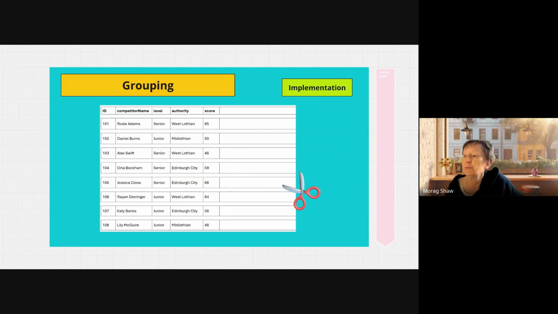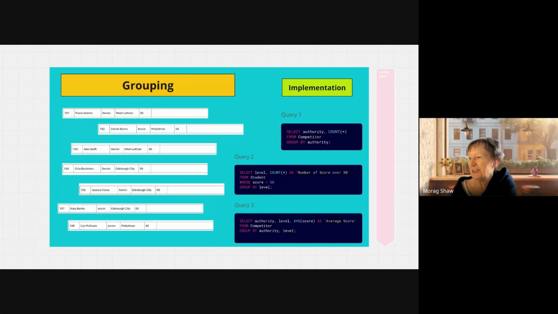I can understand where that confusion comes from. So a really worthwhile activity is to give each student their own individual set, and it can just be paper, of the 8 records from this competitor table that you see here. So they've each got their own little set of 8, and now they can